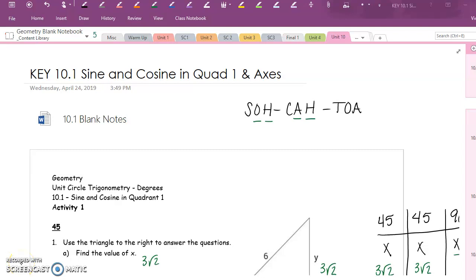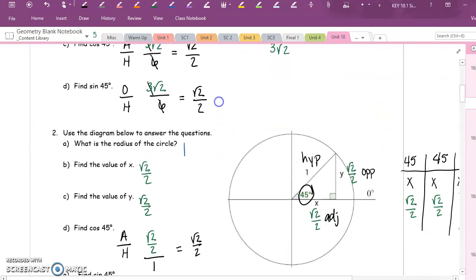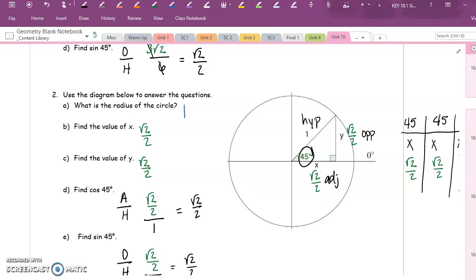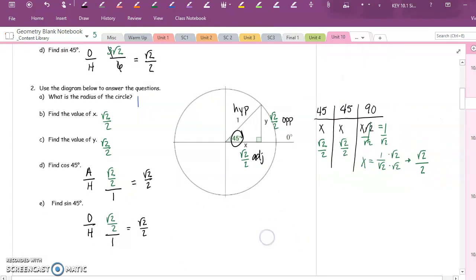Welcome back. We are learning about the sine and cosine in quadrant 1 along with our axes. So the main points from the previous video, if you're just joining us, was that we talked about this circle with a radius of 1. And the circle with a radius of 1 had either a reference angle of 45 degrees,